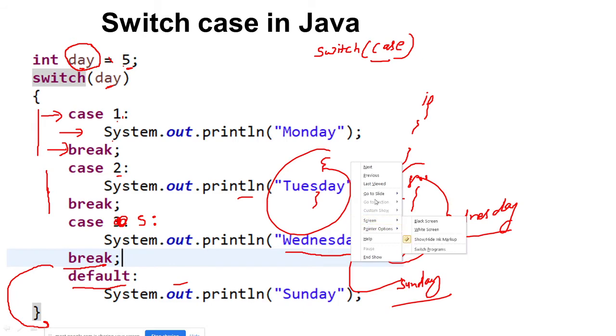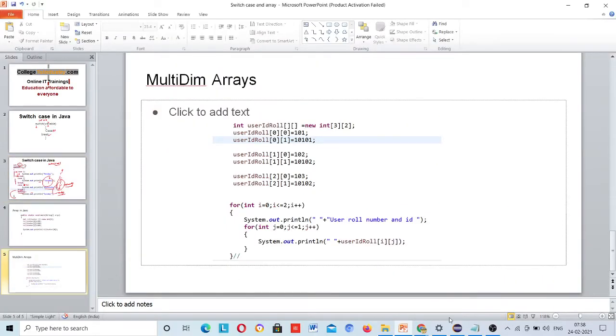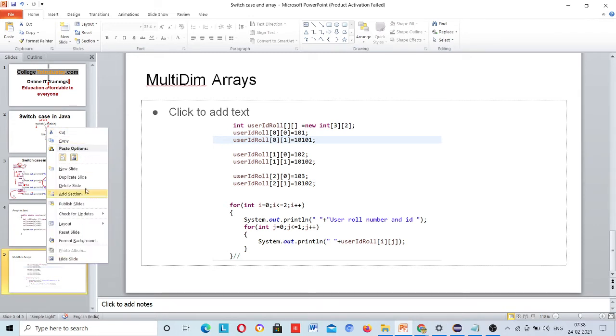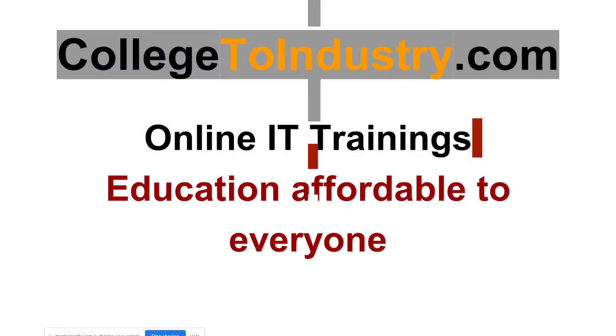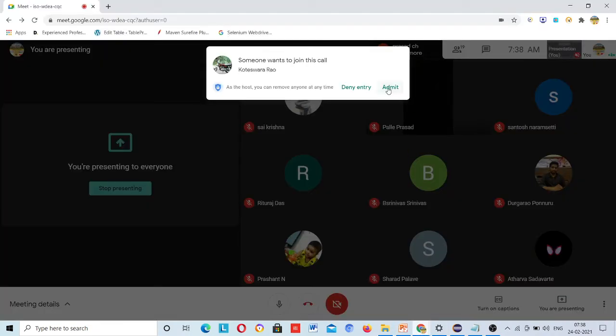Why is this not coming? Okay, just leave it. One of you please tell me, I will write new. I am writing here, and guys, one of you has not unmuted. Please unmute. Please mute yourself. Okay, whosoever is unmuted, I will write here. Oh yeah. If I do not accept it, I am guilty.